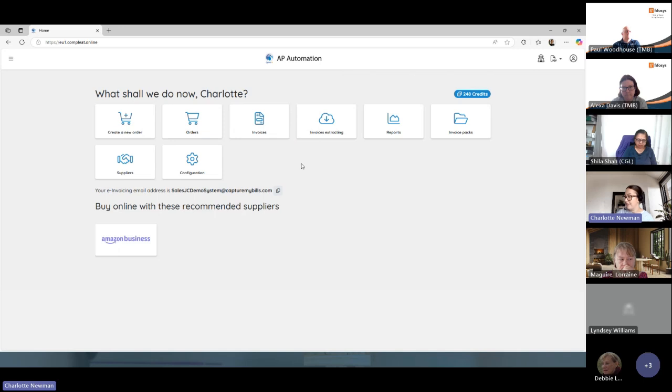Okay, so just looking at the invoice side of things. We talked through in the initial introduction in those slides, you're provided with an e-invoicing email address. You can provide that directly to your suppliers so that they're sending their invoices direct to the system for capture. Or if you've got an existing finance inbox, you can create an email automation just to send